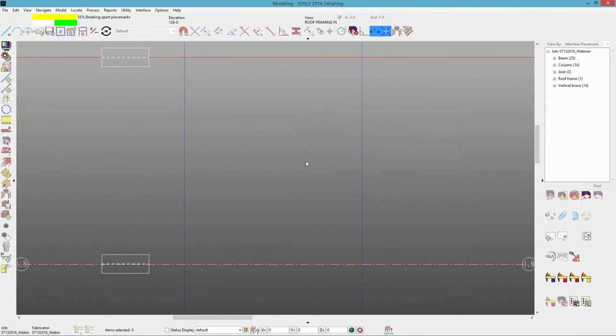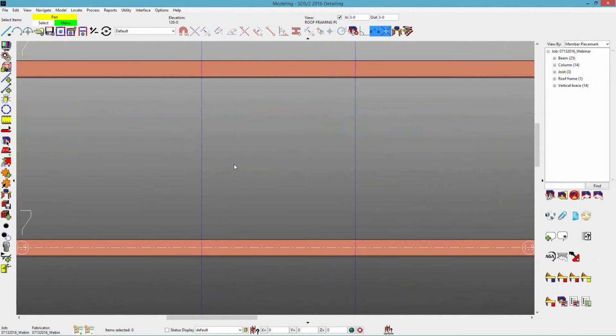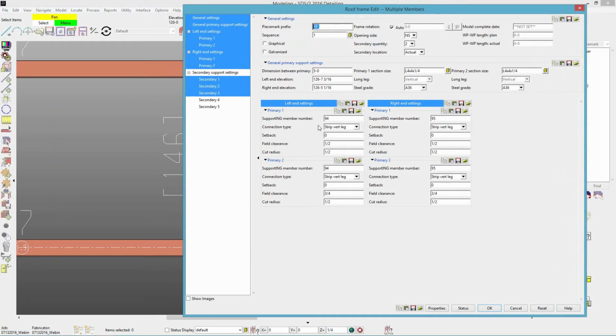that I like to do is, upon input, I can go ahead and use my offset controls down here at the bottom of my toolbar. So I know that the primary supports are going to be 4x4 by 1/4 angles. So I can just specify Z plus 1/4 inch, and then go ahead and pick my 2 points, and that's going to offset that 1/4 inch. If any of you paid attention to the elevations, you'll notice that those should be a 1/4 inch different than